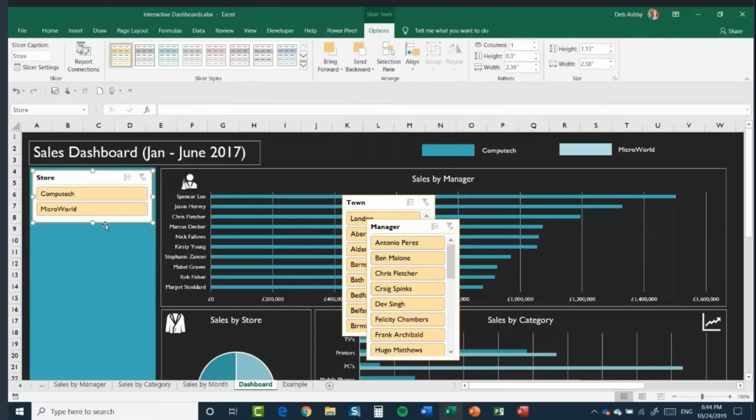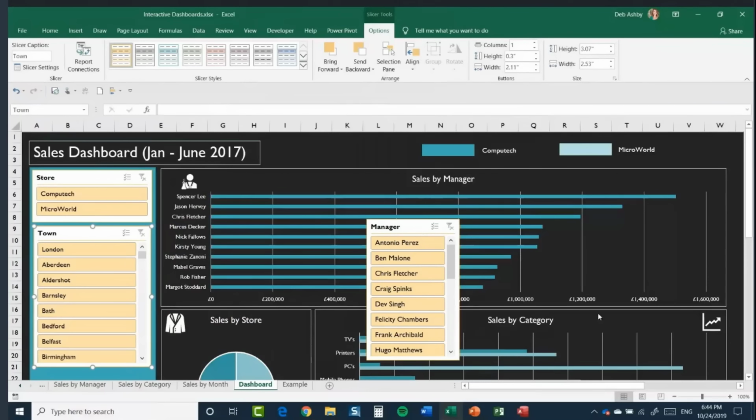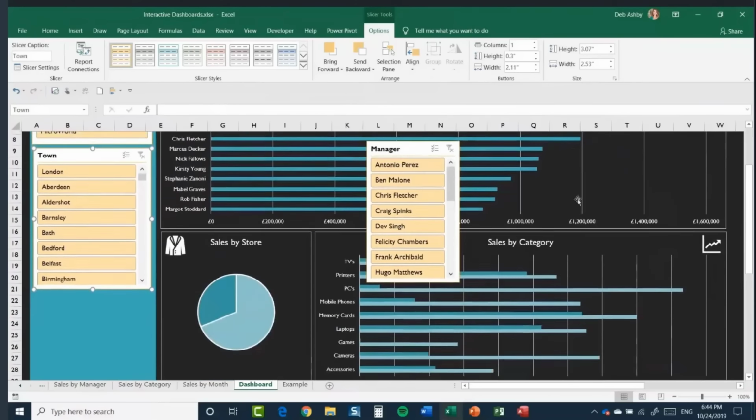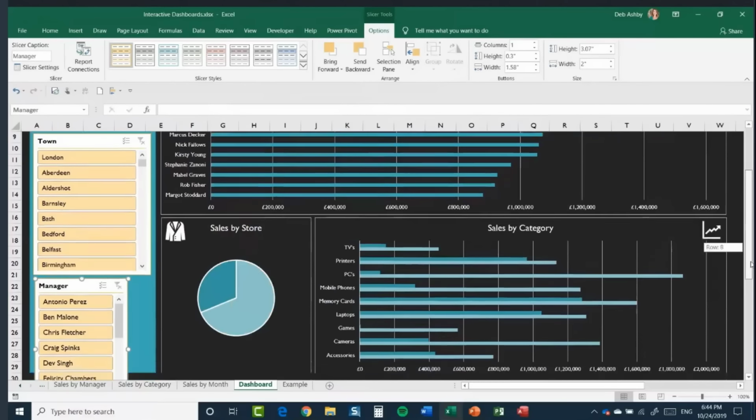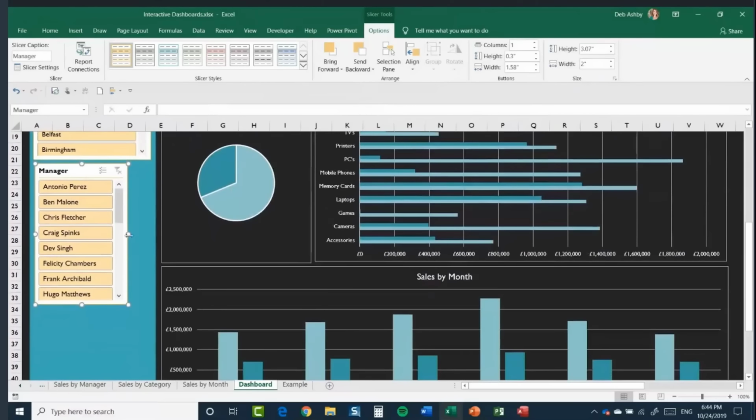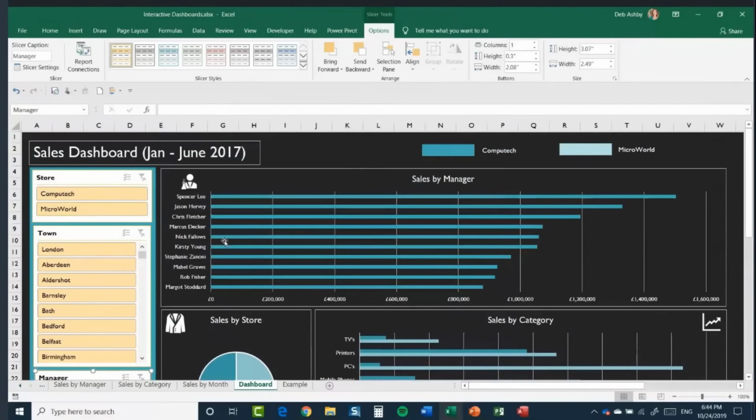So there we have store. I then can put town underneath. I'm going to resize that. And then I'm going to put my manager one underneath that. Scroll down a little bit more. Like so. Now, currently, these slicers don't really match my dashboard, but the beauty is you can click on one of them